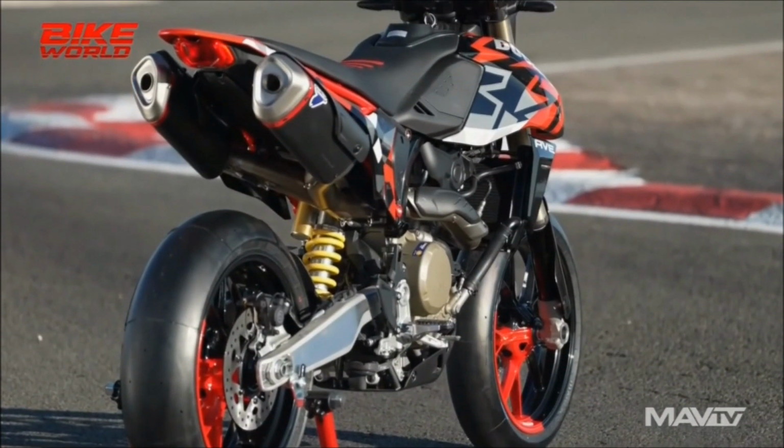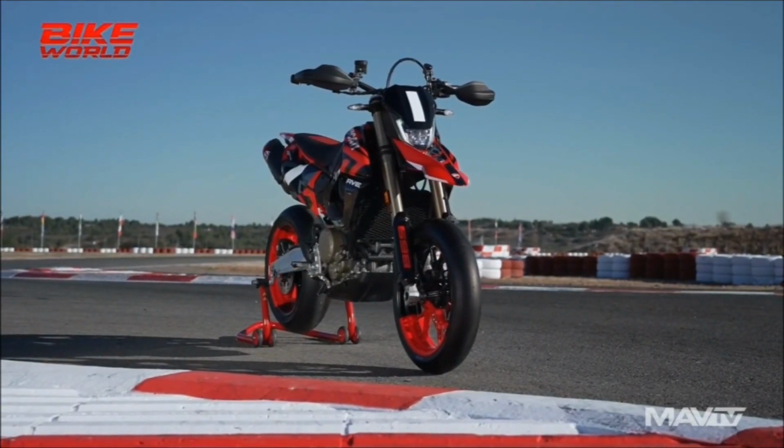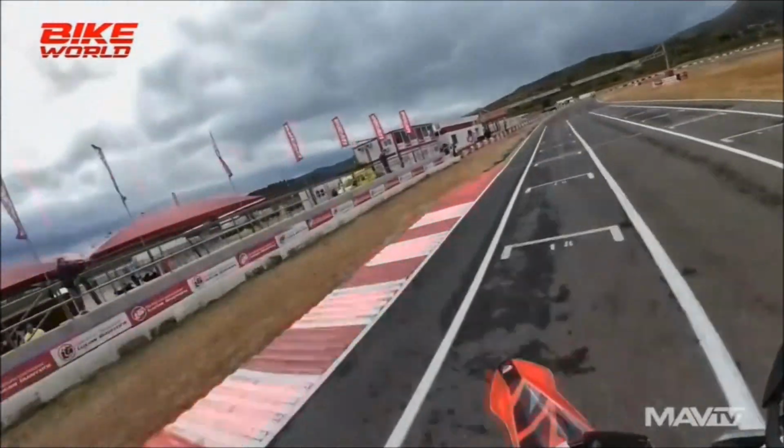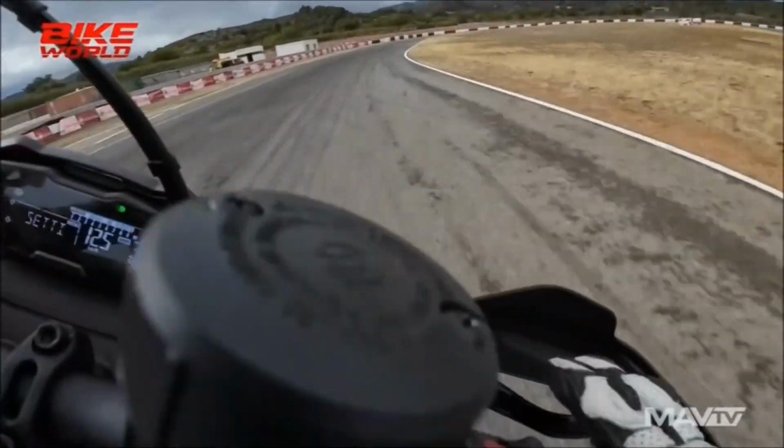If you buy Ducati's factory fancy pack with the Termini exhausts, the fancy air filter, it comes with a map for the wheelie control that lets the bike sit right up high in a wheelie and just holds it there, just maintains the wheelie. It takes a little